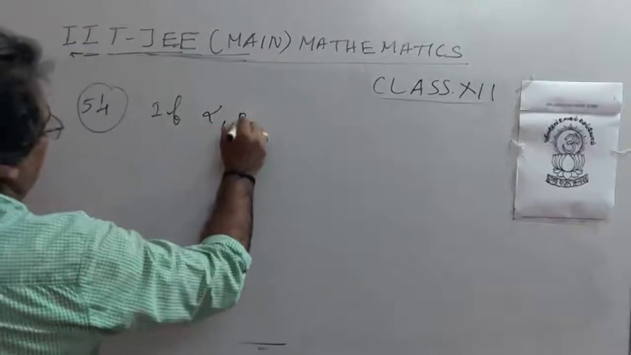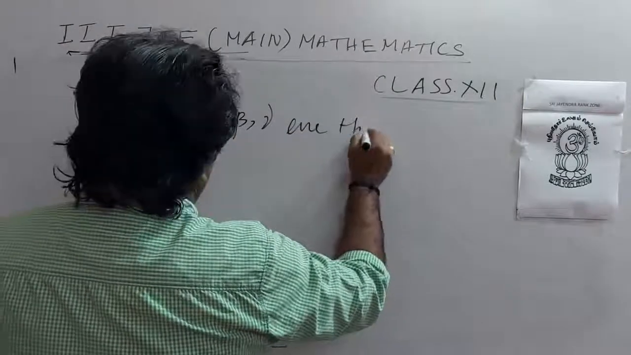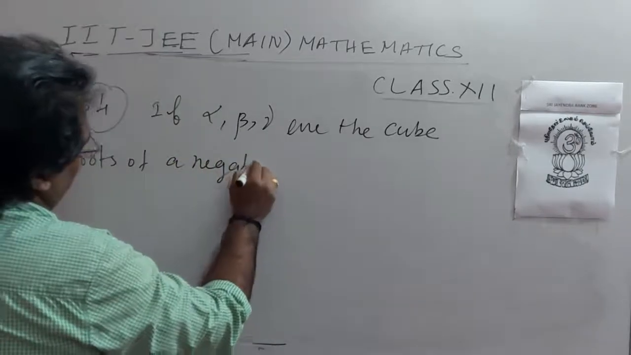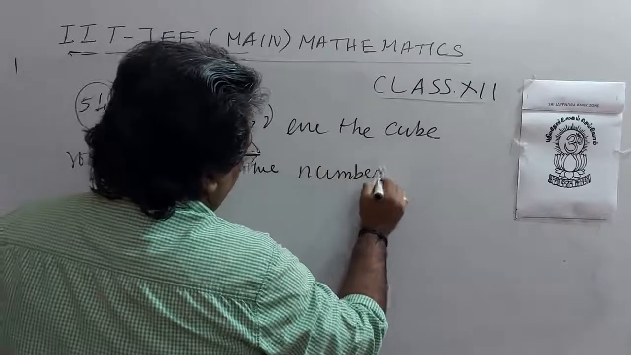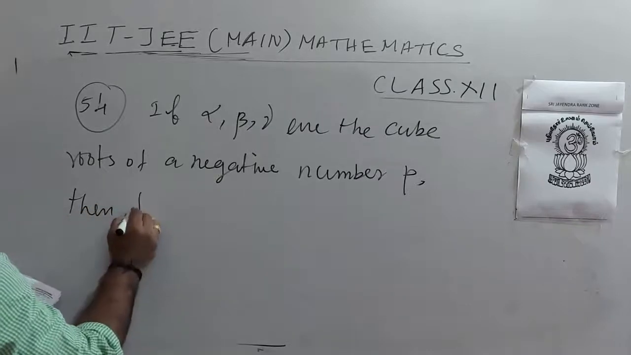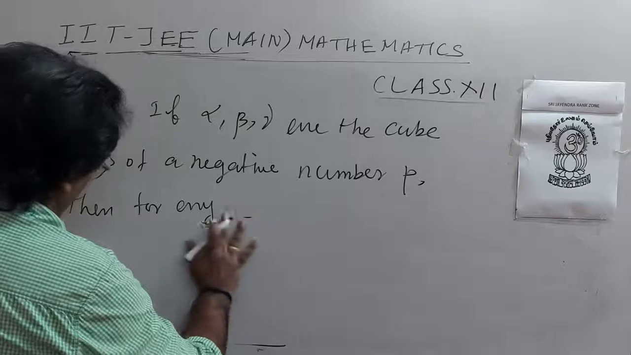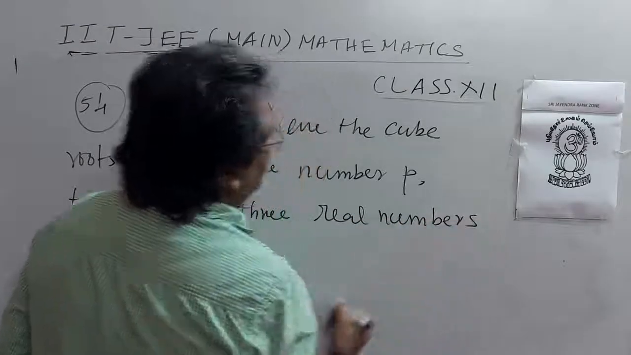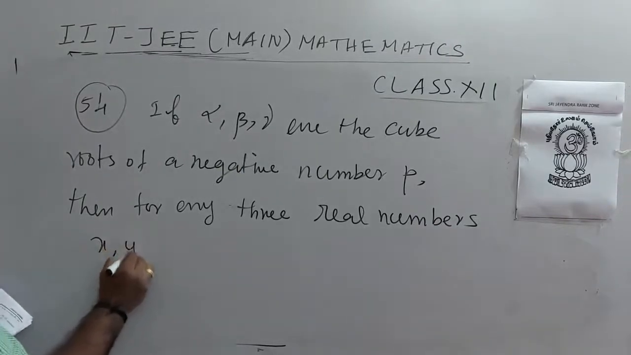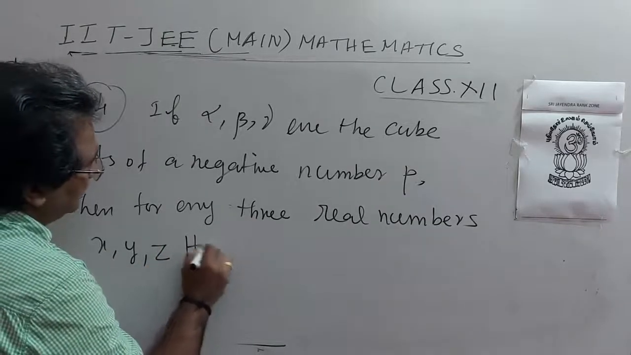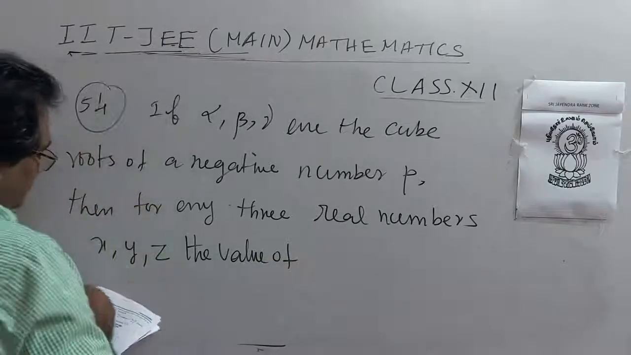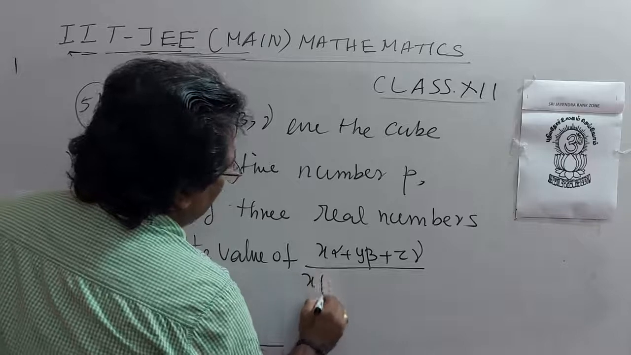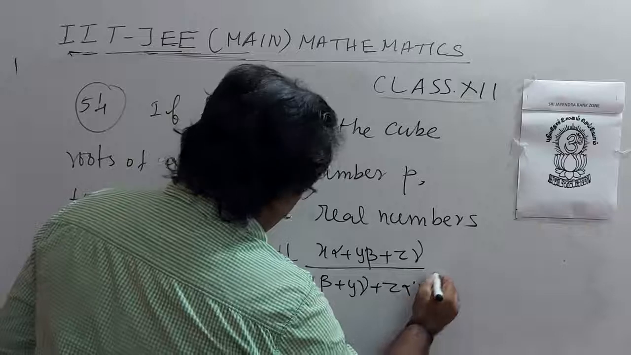If alpha, beta, gamma are the cube roots of a negative number P, then for any three real numbers x, y, z, the value of (x alpha plus y beta plus z gamma) whole divided by (x beta plus y gamma plus z alpha) is